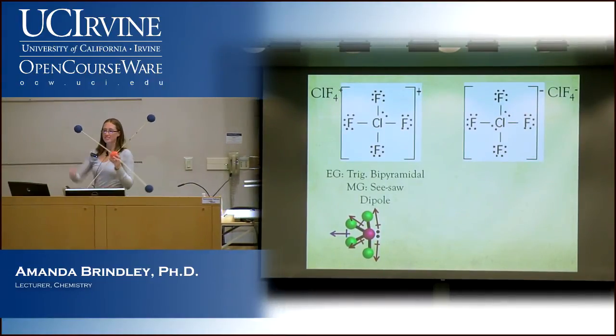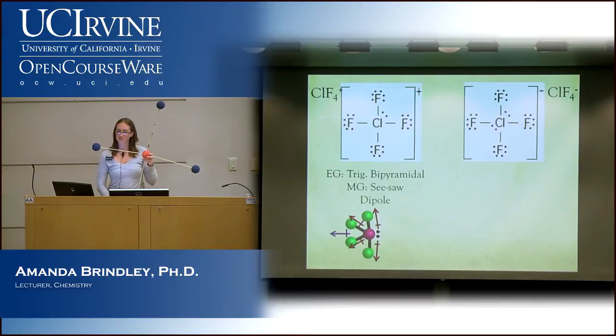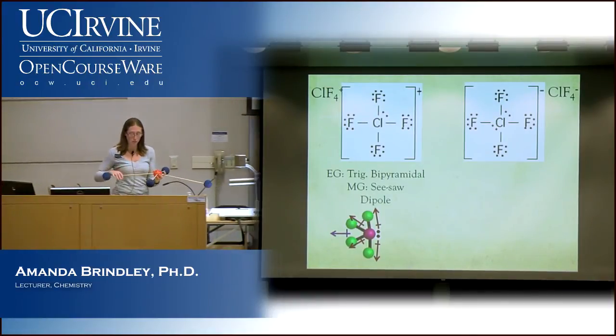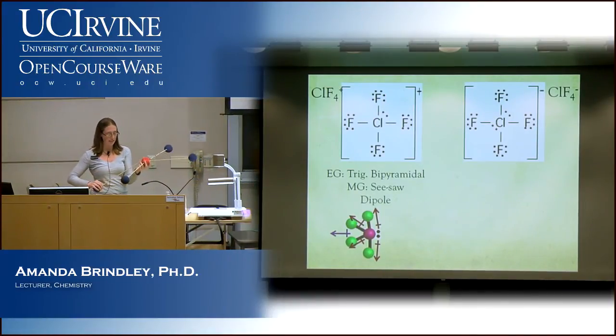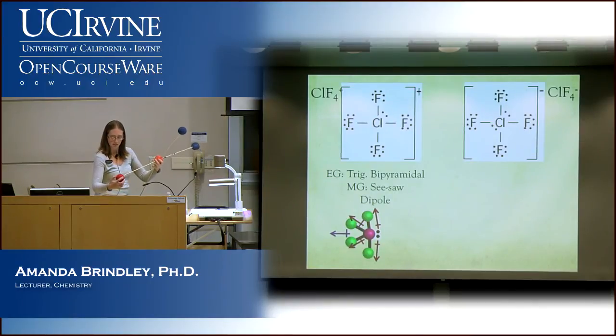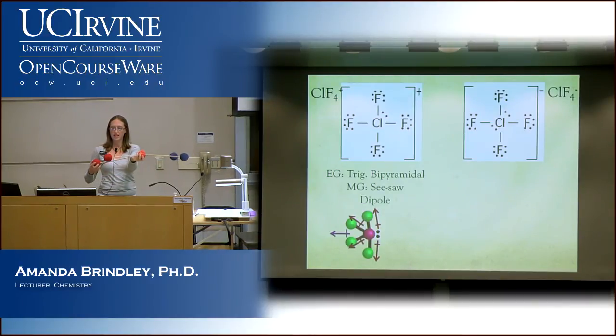Anything else? Yeah. So if they weren't all fluorines and they had different electronegativity, if we wanted to switch out two of these for something that didn't have the same electronegativity level, then we would be back to our xenon example where we had fluorine and chlorine. And if this was something that wasn't as electronegative, say hydrogen or something like that, then we would have a dipole.